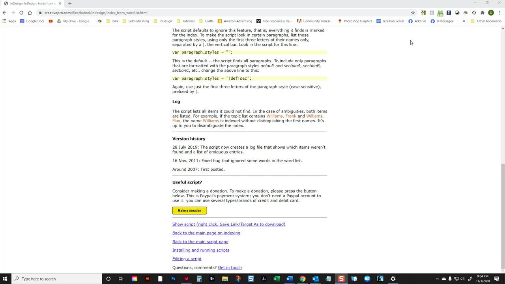What a lot of times they'll do is they'll just give me a topic list. Now, the best way to create an index is to hire a professional indexer. There is an association of indexers with all sorts of different people available, and there's a certification program, and it really takes a special kind of editor to be a good indexer. I could never do it, but there are people out there that will do it,